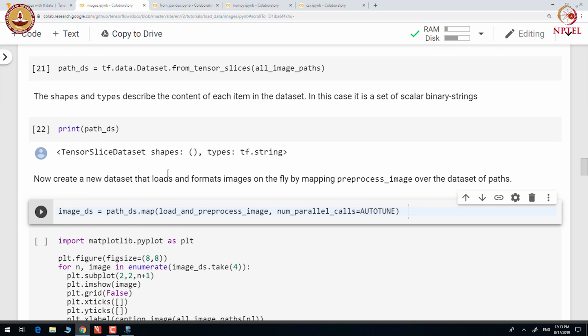Now, we create a new dataset that loads and formats images on the fly by mapping preprocess_image over the dataset of paths. So, we use a map transformation and apply this particular function on each and every image in the dataset of paths.